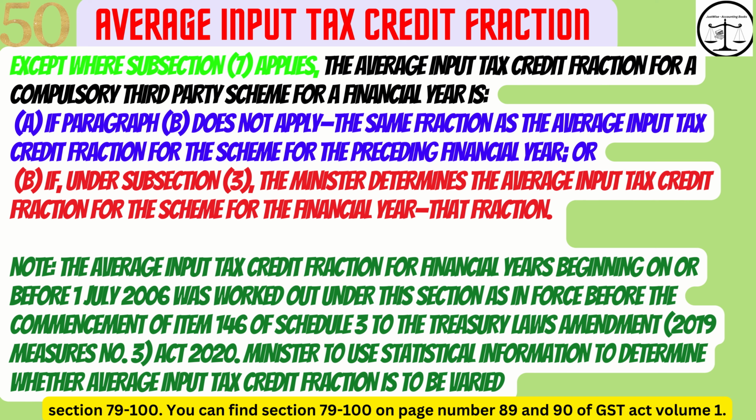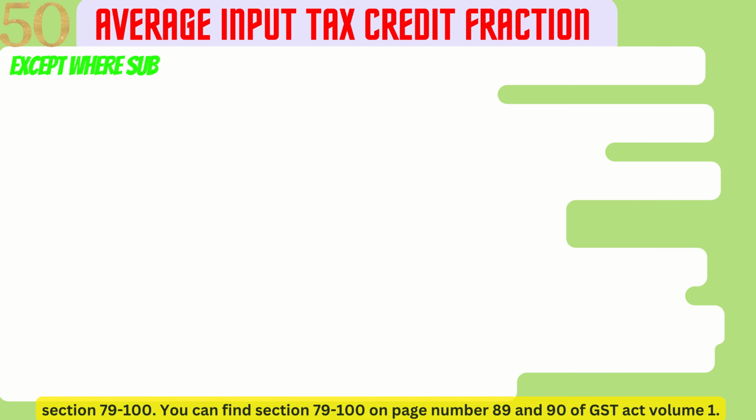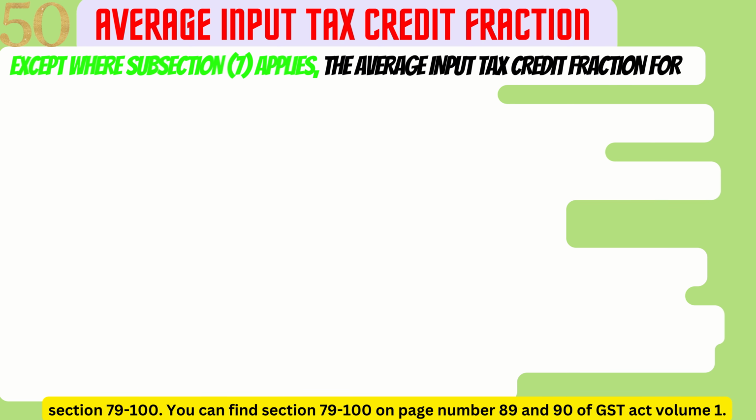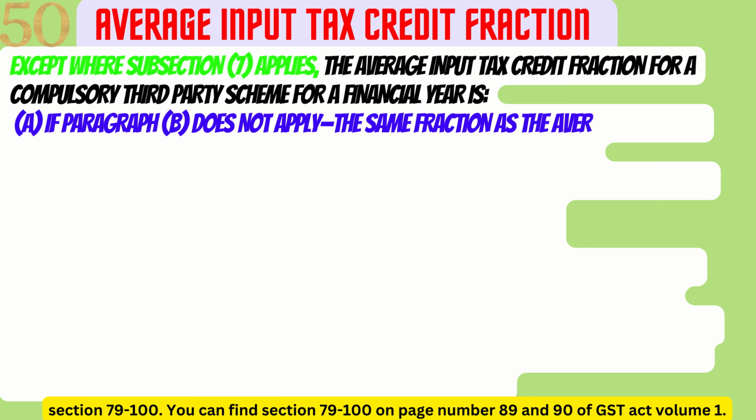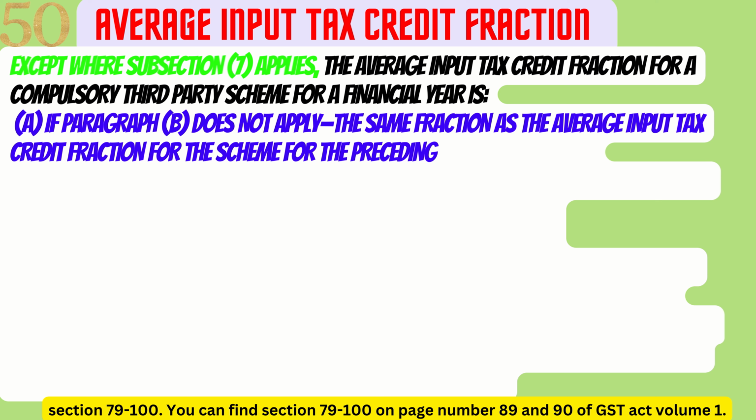Word number 50. Average input tax credit fraction has the meaning given by Section 79-100. You can find Section 79-100 on pages 89 and 90 of GST Act Volume 1. Except where subsection 7 applies, the average input tax credit fraction for a compulsory third-party scheme for a financial year is